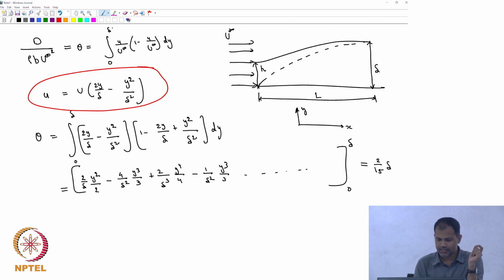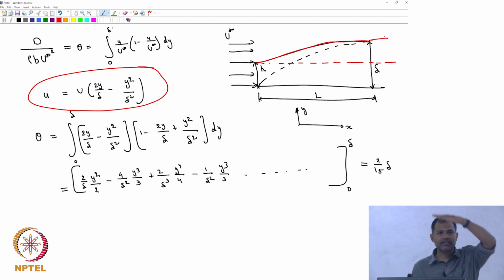The other thing is this streamline that we drew the other day. Okay. So that streamline is getting displaced because the fluid below is getting retarded. So that's the argument that we had. So how much it gets displaced, this distance. Okay, so it comes at h and it reaches at delta. So that delta minus h is called the displacement thickness. So this thing is called displacement thickness.